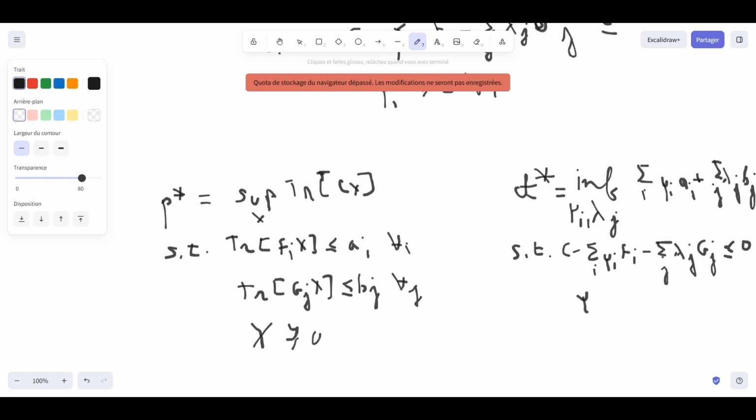Is superior to 0, no matter i. And so yeah,